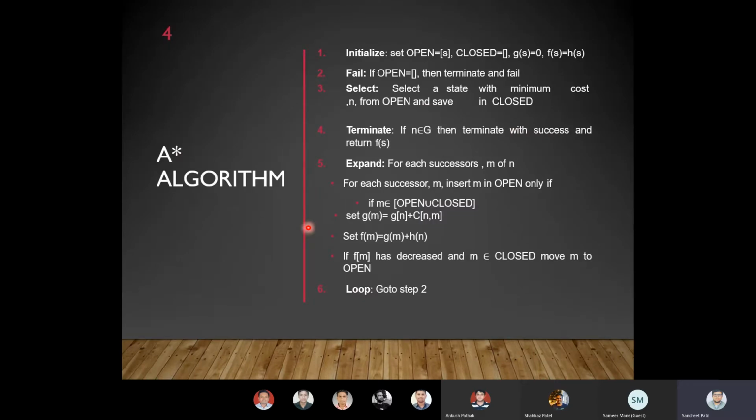The algorithm has an initial stage where the open list is initialized as S, the node we have selected, which is the initial node, and closed is initialized to null. g(S) is 0, because it is itself the initial node. And f(S) for that initial node will be equal to the heuristic value that node carries, so f(S) will be equal to h(S).